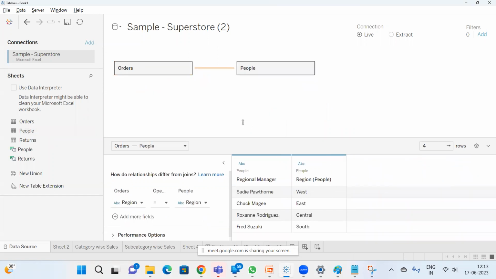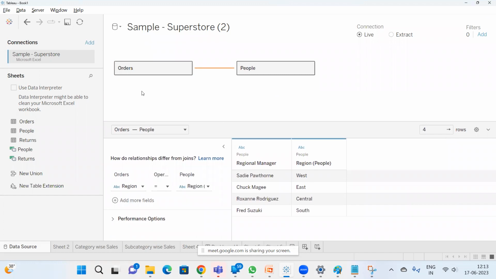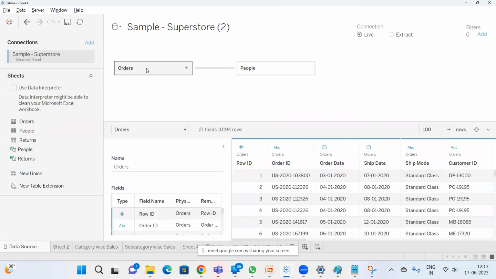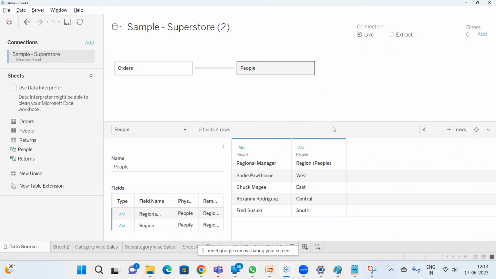Okay, so in a relationship, what happens is you can see two tables separately. So here you will not see the combination. Let's say we have 20 columns in orders and 2 columns in people, and this is not combining these two tables. So if you see the orders table, you can see it separately, and the people table you can see separately. You can't see these two tables combined. So these two tables are not combined, but when you go into the worksheet,